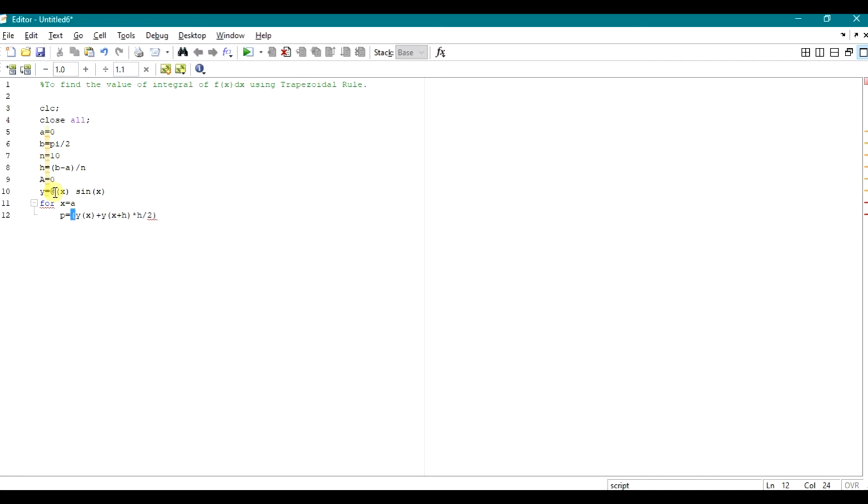Clear? We close the bracket, we move on. Now A equals A plus h, capital A equals capital A plus h.